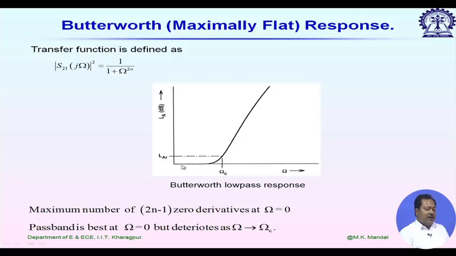So, that means here for a lossless system we have magnitude of S21 equal to 1, and from this point if I increase capital omega, then loss slowly increases, and after omega c, let us call it the cutoff frequency, omega c is defined where we have a specified loss value L A R. After this, loss increases rapidly. So, this is for a low pass filter. We can design a band pass filter by using low pass to band pass filter transformation.